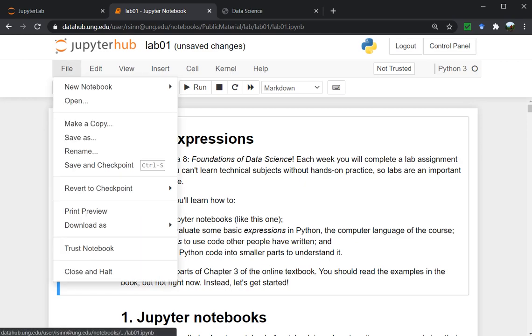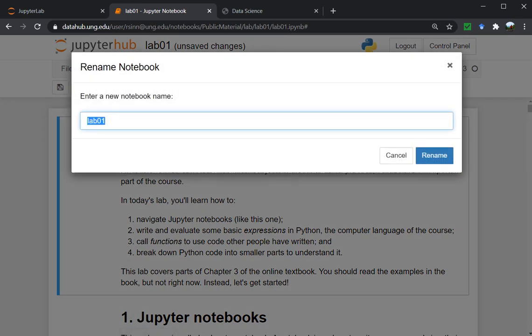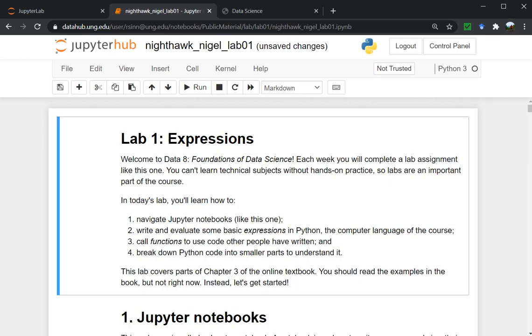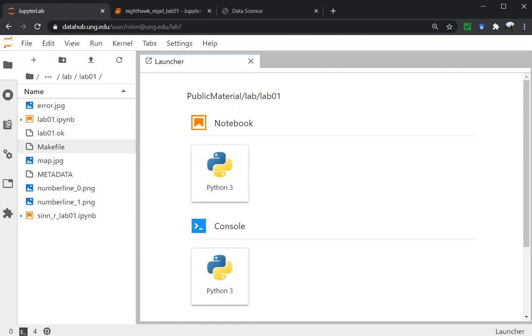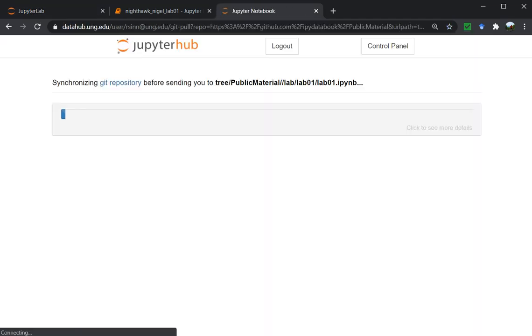So now I can do a file rename, and I can change it to something that I want, like Nigel Nighthawk. And so now, if you'll look over here, yep, there's the Nigel Nighthawk version showing up. And by the way, look, it will pop up another Lab 1 the next time I click on it. So I can click on this again,